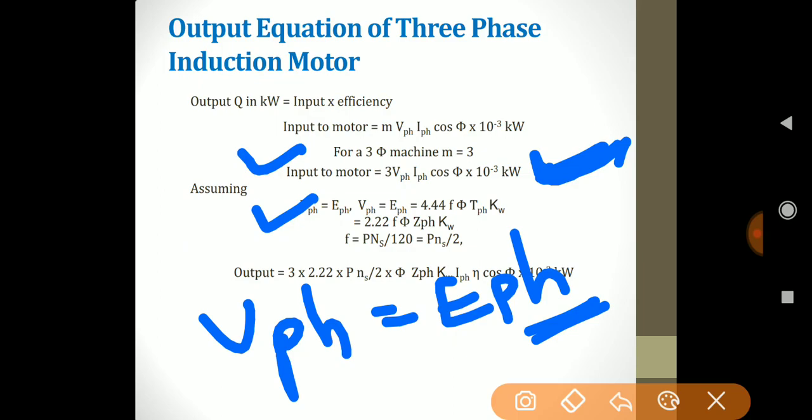If this is considered, then the EMF equation for induction motor, which was coming from the transformer EMF equation, as basically induction motor and transformer, I can say the induction motor is generally called a generalized transformer. So the basic principles of both are the same. Here in induction motor you have stator and rotor winding, while in case of transformer there is primary and secondary winding.